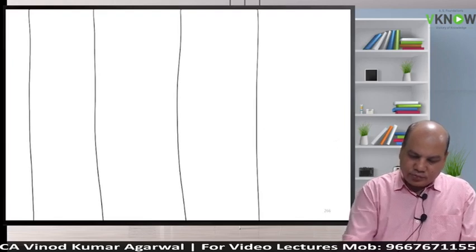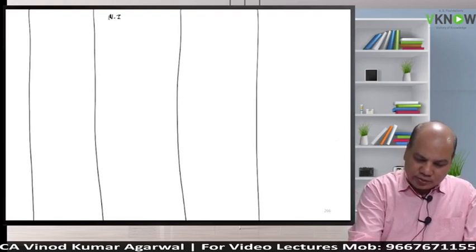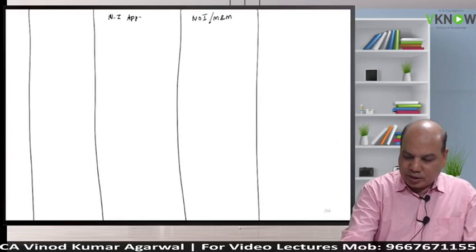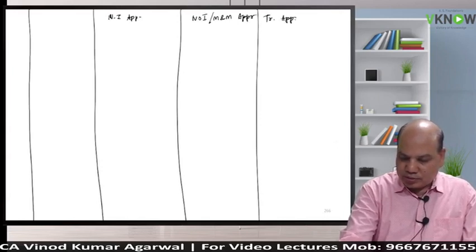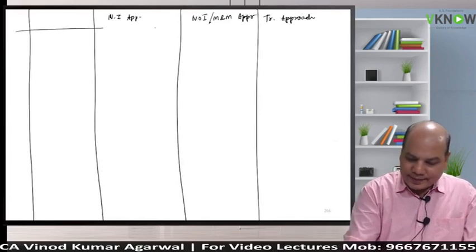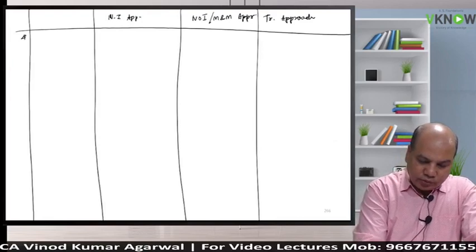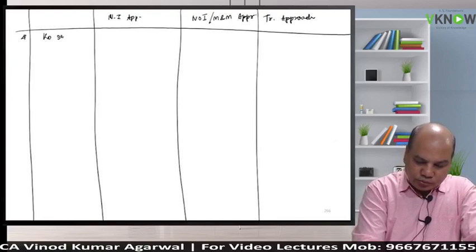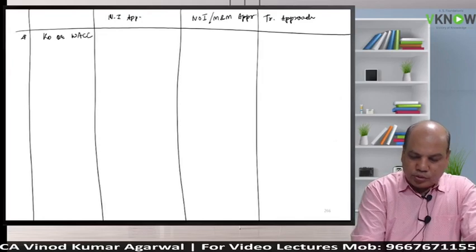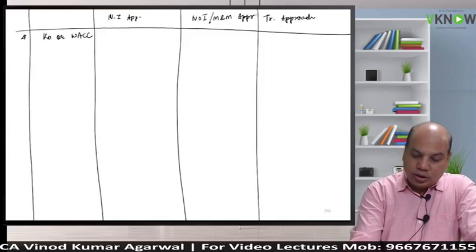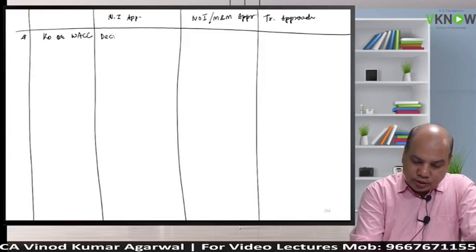Keep writing. At one place you will have the entire chapter in one page. Net income approach, I will just write the heading again. Net operating income or M&M approach, traditional approach. Draw the lines. Okay, follow me. Point number 4, write down, what happens to KO or WACC in net income approach? It decreases